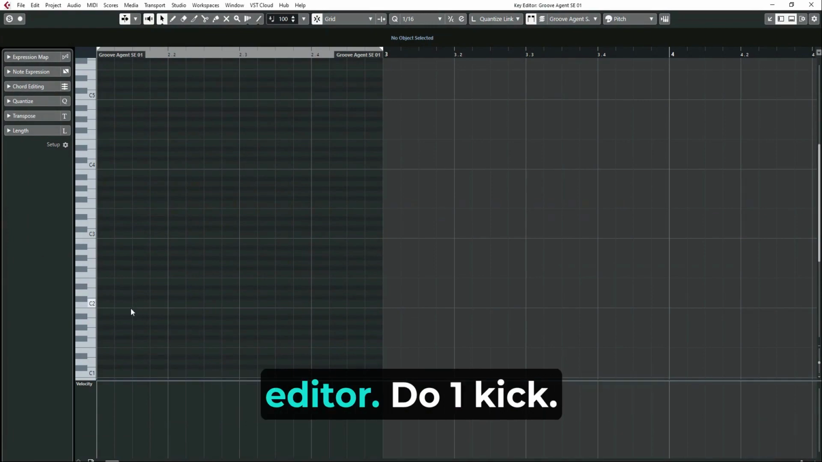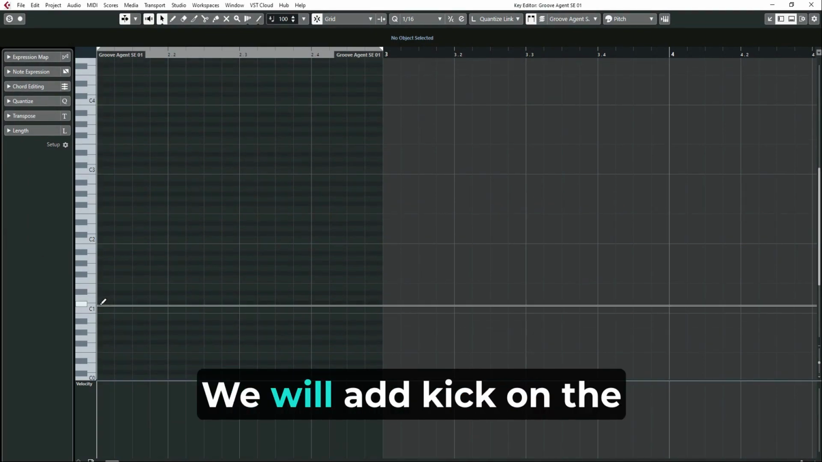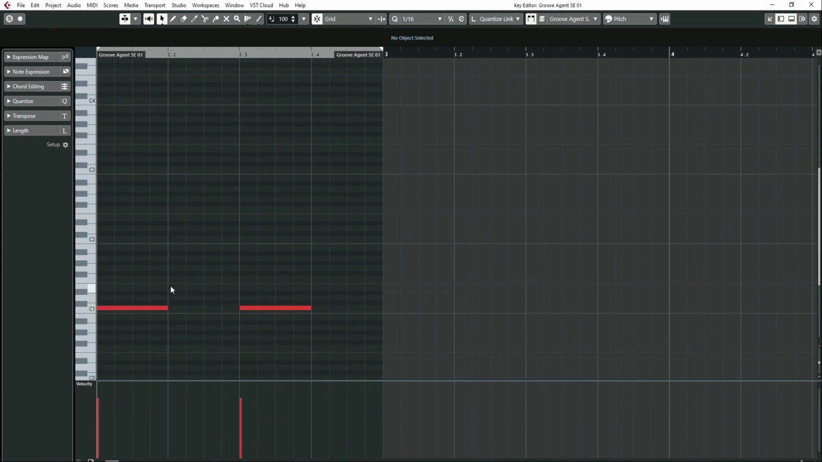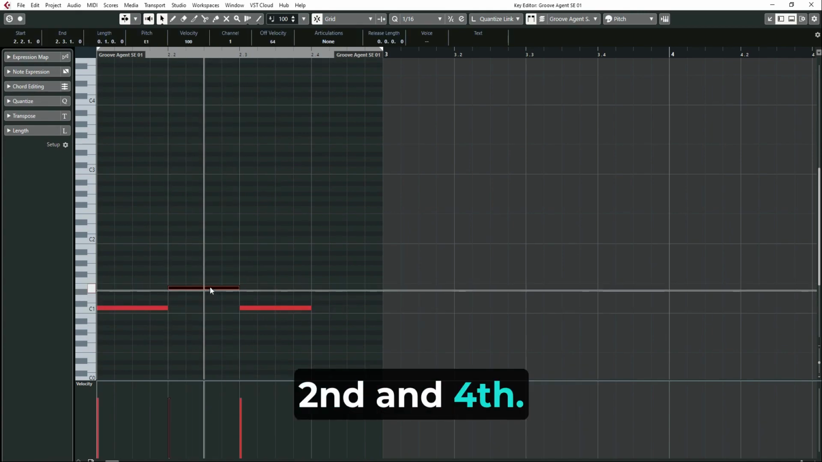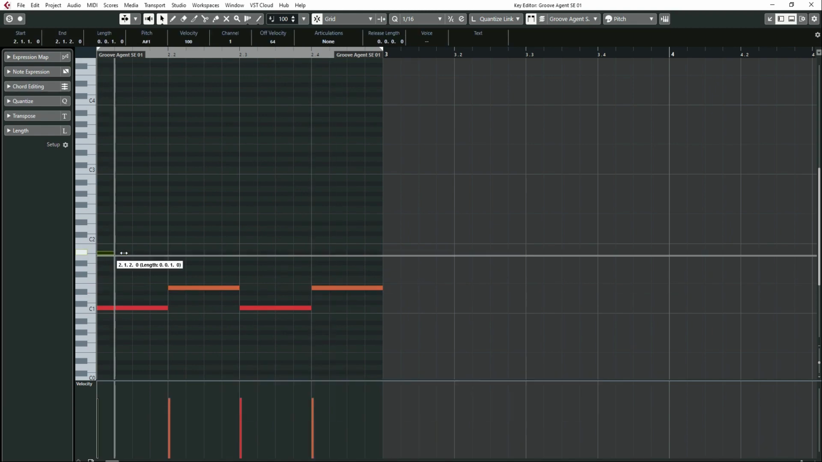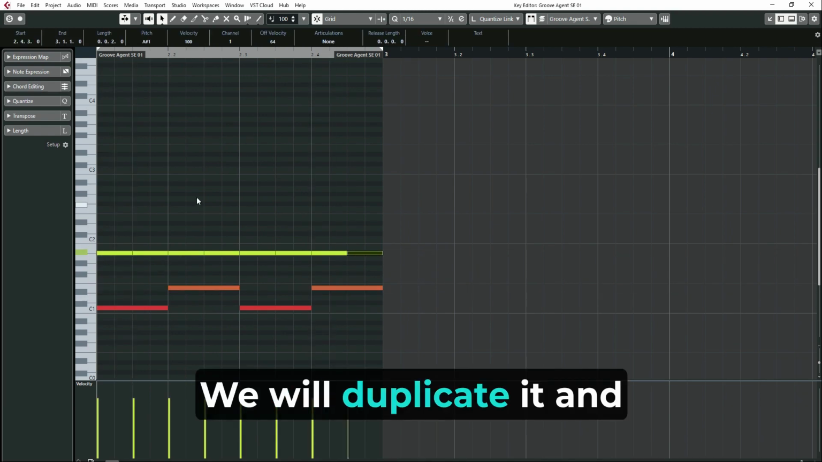Double click to enter media editor. Do one kick. We will add kick on the 1st and the 3rd. Snare or clap on the 2nd and 4th. We will also add hi-hat. We will duplicate it and hear what